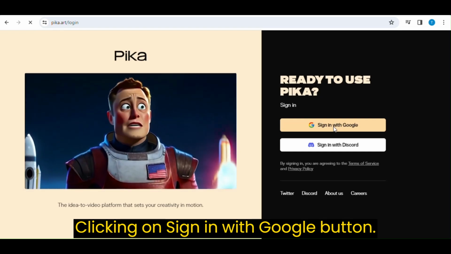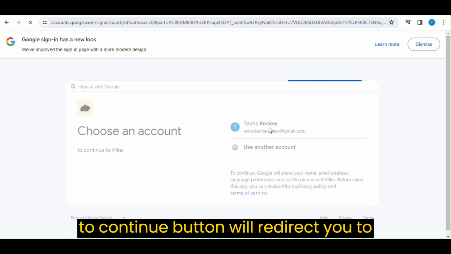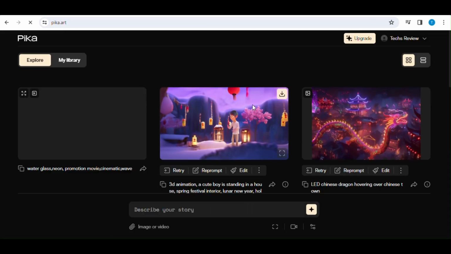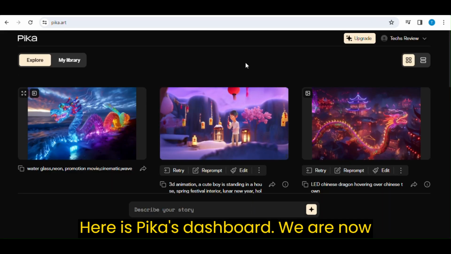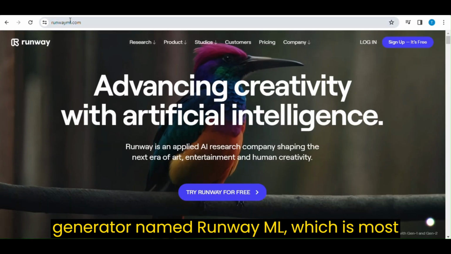Clicking on the Try Pika button to get to the sign up page. Clicking on Sign in with Google button. Select your Google account and then click the Continue button, which will redirect you to the dashboard. Here is Pika's dashboard. We are now going forward to our next AI video generator named Runway ML, which is